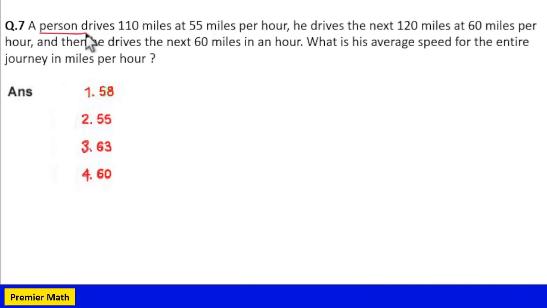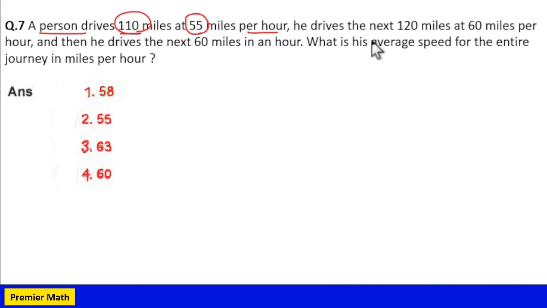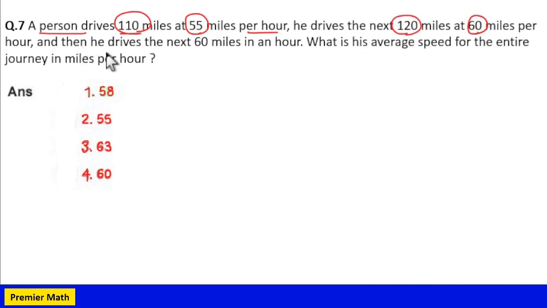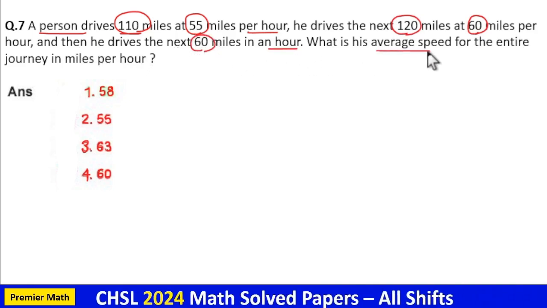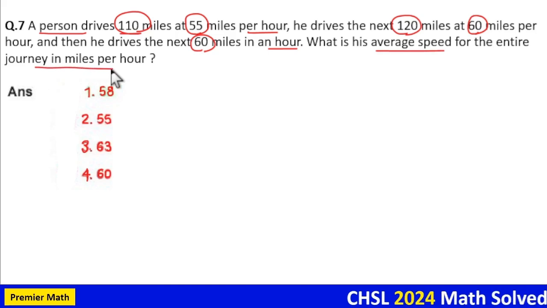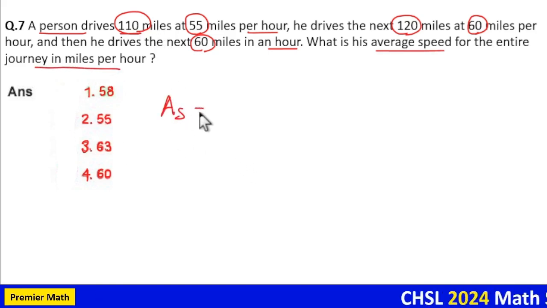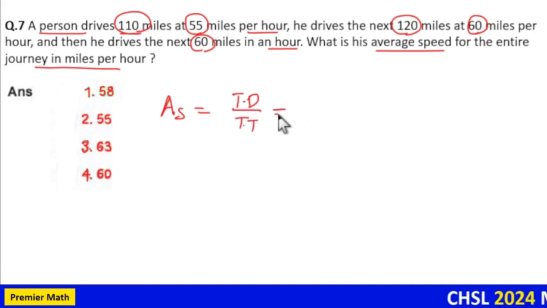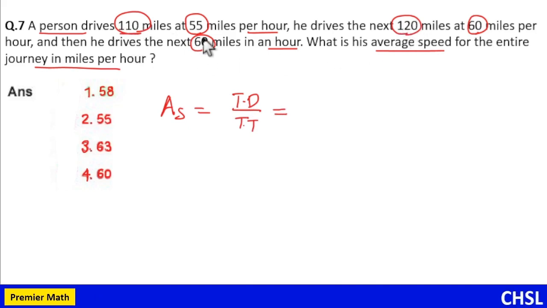A person drives 110 miles at 55 miles per hour. He drives the next 120 miles at 60 miles per hour and then he drives the next 60 miles in an hour. What is the average speed of the entire journey in miles per hour? Here, average speed means total distance by total time because here distances are varying. Now here total distance is 110 plus 120 plus 60, which is equal to